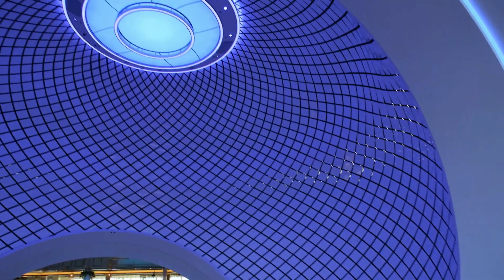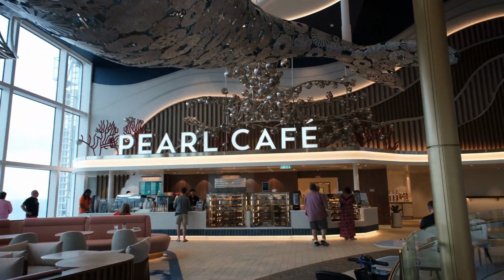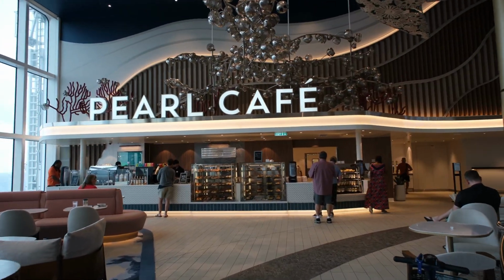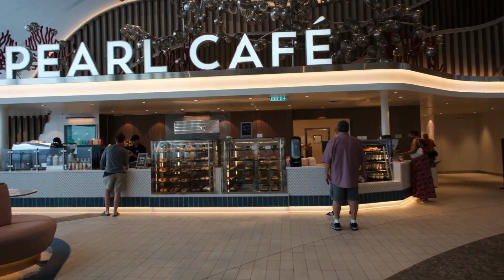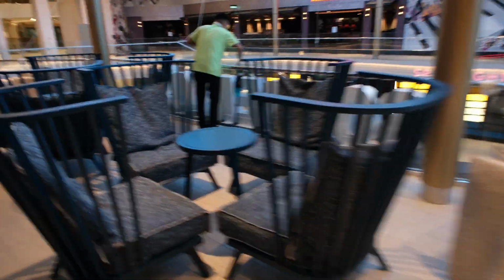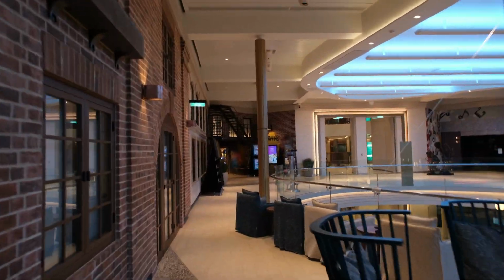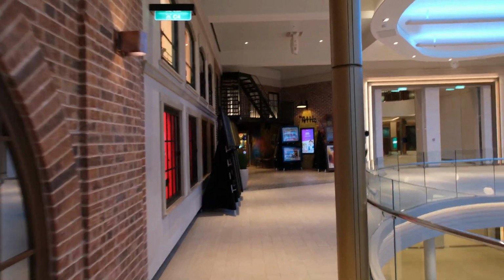On the opposite side of the deck 6 promenade, you've got the Pearl Cafe. Great place to grab some free breakfast. And they also have lunch and dinner options as well, but they're just snacks. Walking past the Pearl Cafe on deck 6, you have some nice seating area that overlooks a good portion of the promenade. But then you have the Comedy Club, which is the attic, where we saw 3 great comedians on